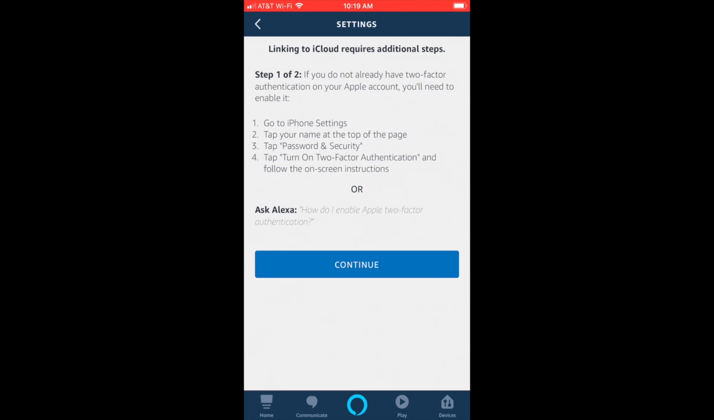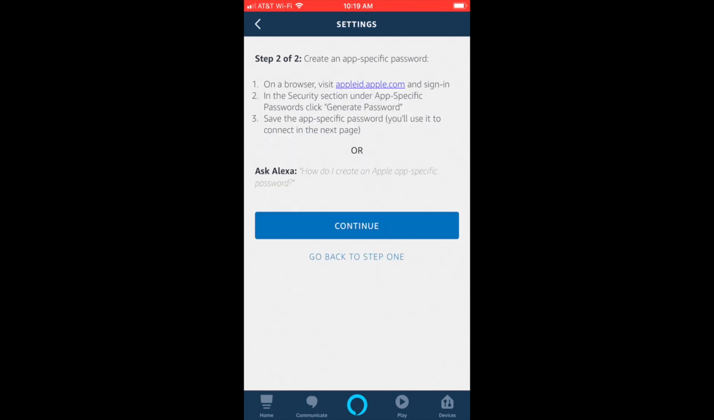Two-factor authentication needs to be enabled on your phone, if it isn't already. Follow the on-screen instructions to enable it if necessary, and when you're done, you can hit Continue. Create an app-specific password. Follow the link for